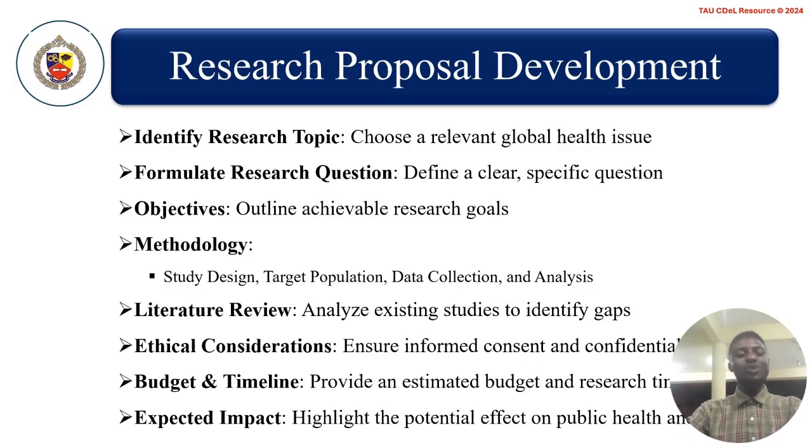So you have to identify your research topic. At least you have to choose the relevant global health issues. Also formulate a research question, define a clear and specific question. Also outline your achievable research goals, that is your objectives. Also let us know your study design, target population, data collection and analysis, which is your methodology. And also you have to analyze existing studies to identify the gaps, which is going to be your literature review. Also just ensure informed consent and confidentiality, which is the ethical considerations, and also the budget and